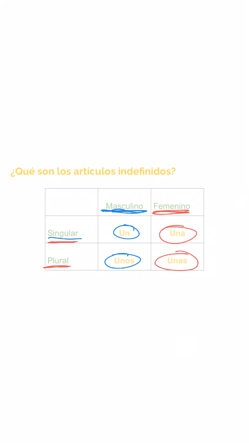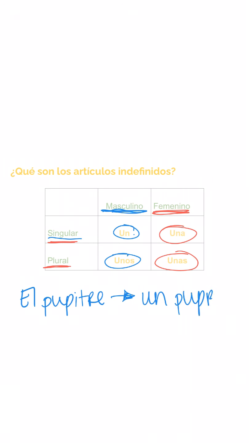So here I'd like to do a couple of examples with you guys. Let's say that we were taking the noun el pupitre, right? I'm talking about the student desk. If I want to change that to be just a desk in general, I'm going to use my indefinite singular masculine article, un, and then I write down my noun just as it is. Here we go, pupitre, right? And then again, if I wanted to make it plural, if I wanted to talk about just some desks in general, I would have unos